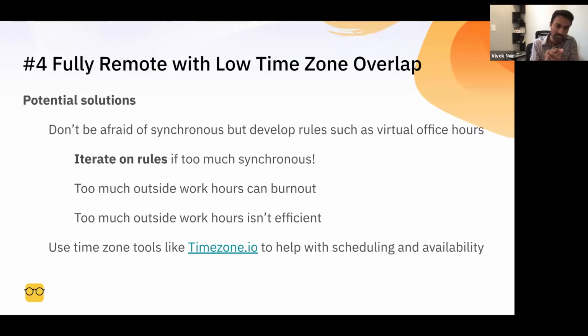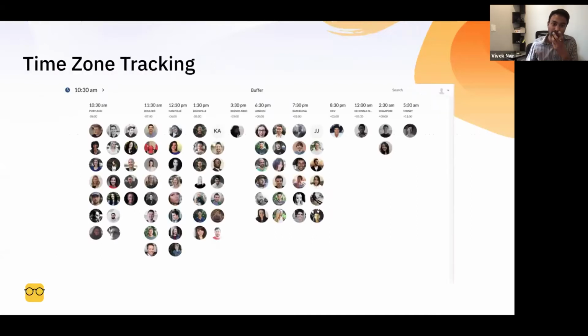And with respect to managing time zones, one that a lot of people like is timezone.io. It just helps for scheduling and availability as a sort of visual way to see where people are. So that's an example of something that people like a lot. I've heard of one called Spacetime as well, so you might also consider that. But yeah, there's a ton of these time zone tracking tools, and I would just play around with each one of them, see which works for you. But the important thing is a quick way to see who's online and how much time you have left with them before their day ends.